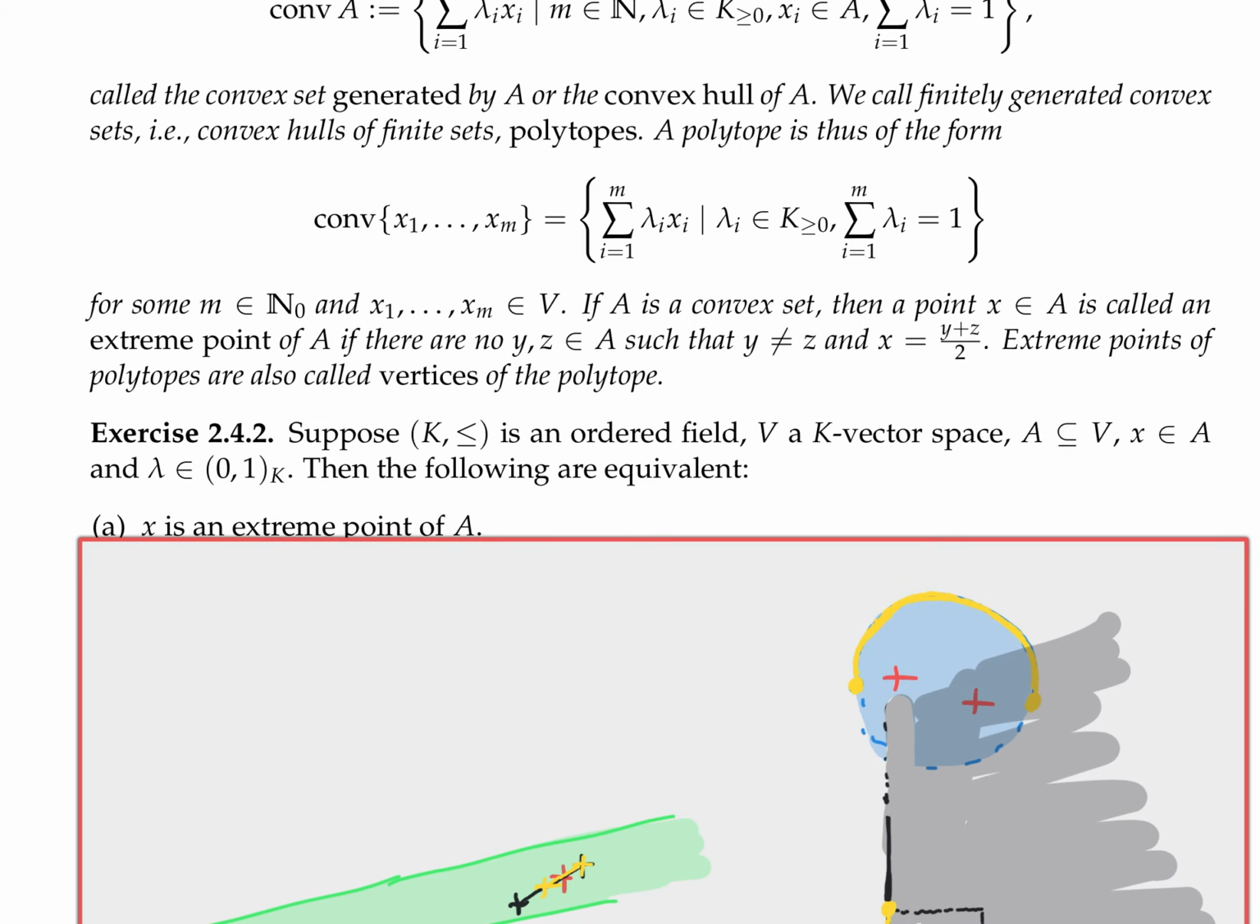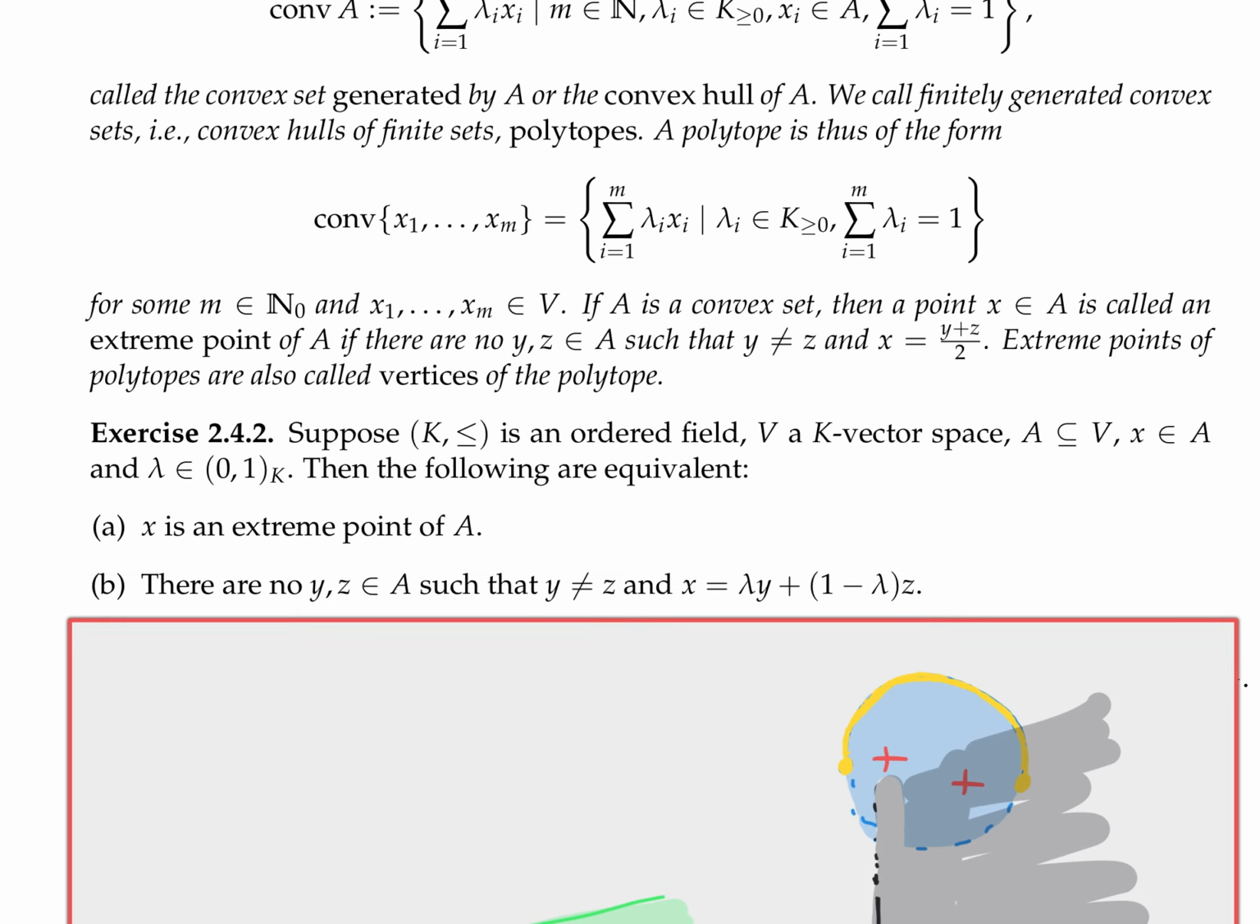So suppose k less than or equal is an ordered field. V is a k vector space. A is a subset of V. X is in A. And lambda is now not 1/2, but any number strictly between 0 and 1 in this ordered field. Then again the following are equivalent. A: X is an extreme point of A, and B: there are no y and z in A such that y is different from z, and x is lambda y plus 1 minus lambda z. Okay,